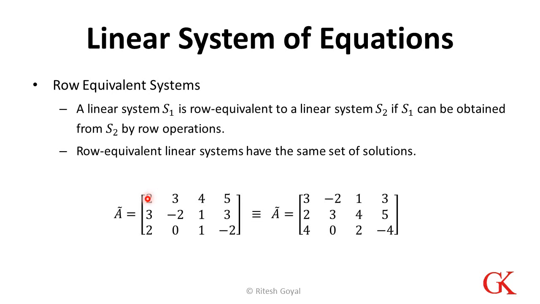Here what we have shown is matrix 1 and matrix 2. These two are different matrices, but if we observe them carefully, we have interchanged the first and second rows. Then row first becomes row second and row second becomes row first, and we multiply row third by a scalar constant 2. So these two operations are elementary row operations, hence matrix 1 and matrix 2 are row equivalent systems.